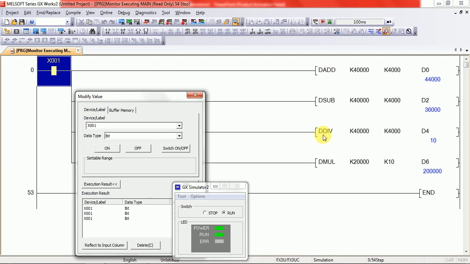You cannot use D1 for here and D2 for here, because we are handling 32-bit data. Okay, it is easy for 16-bit data, but it is not for 32-bit data. You have to leave one data register empty for this one: D0, D1. I hope you understand the working on 32-bit data.